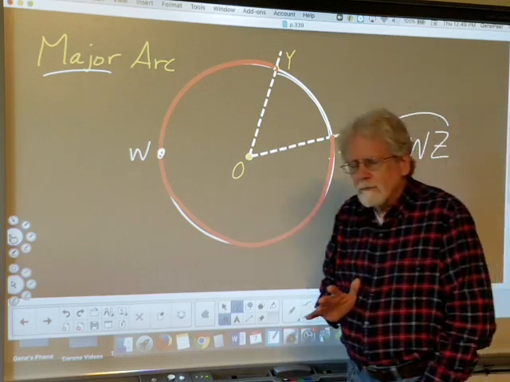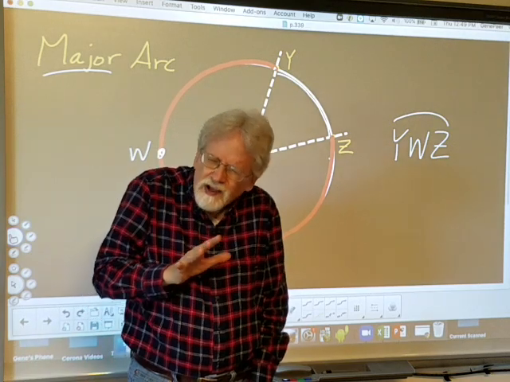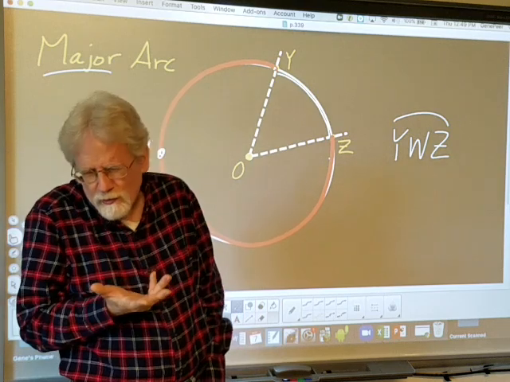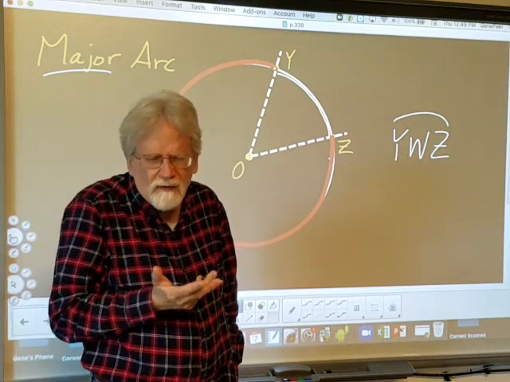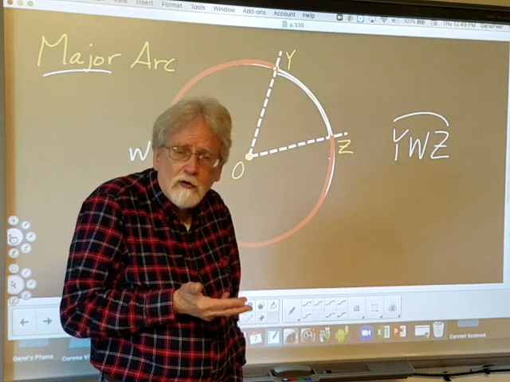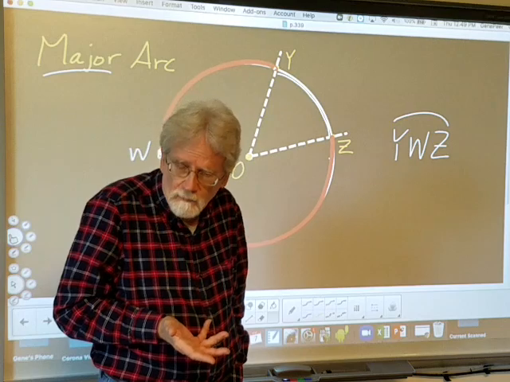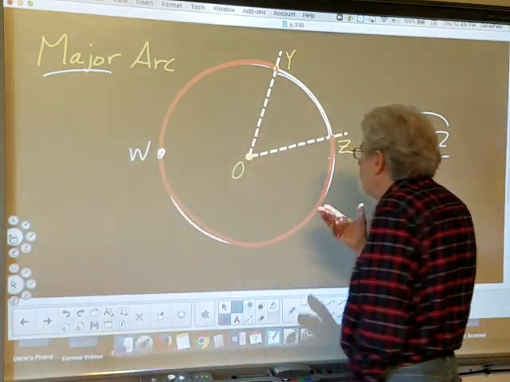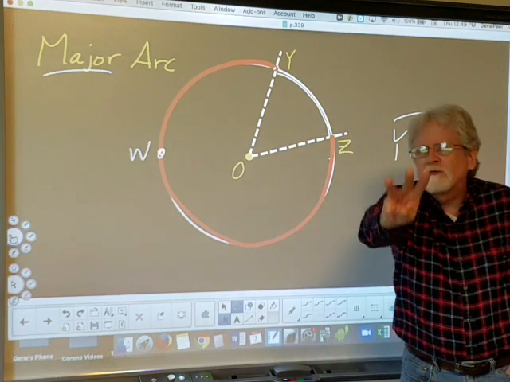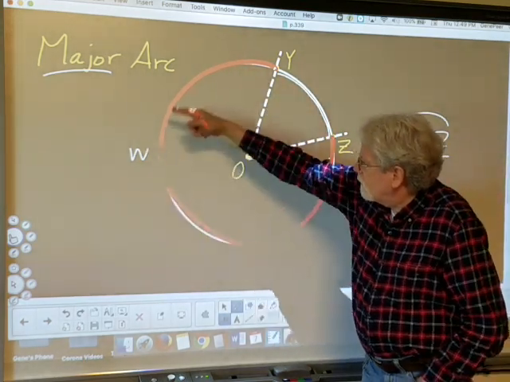Minor arcs can be named with two points. And if it's not real clear from the diagram whether your arc is more or less or equal to half a circle, then it's okay to use three points regardless. Minor arcs can be named with three points, it's okay. But if it's obviously a minor arc, two points is fine. But if you want to name the major arc, you have to use three points to tell everybody that you're on this side,